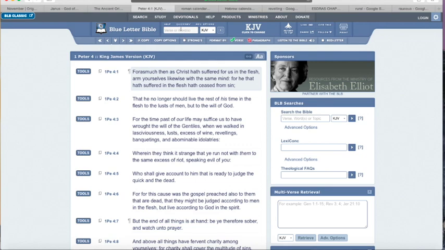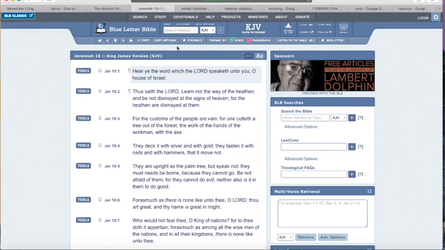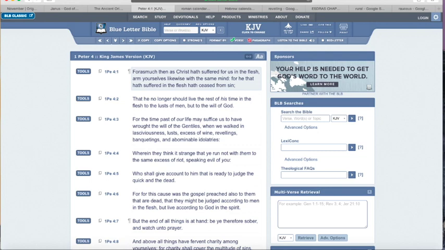So what does the scripture say? Just bring this out real quick. Jeremiah 10:2: "Thus saith the Lord, learn not the way of the heathen, and be not dismayed at the signs of heaven, for the heathen are dismayed at them." For y'all that might want to get simple, all throughout the scriptures, learn not the way of the heathen, don't serve their gods, don't do after their customs, basically.